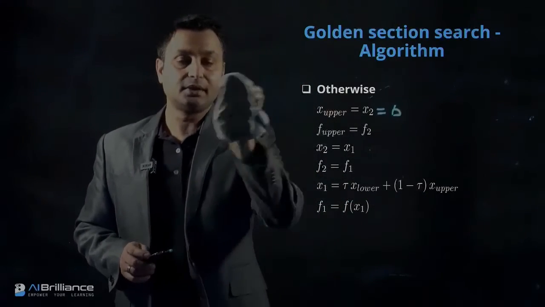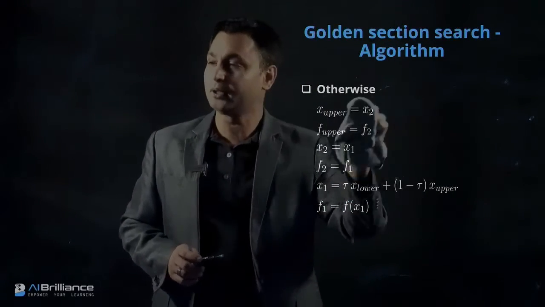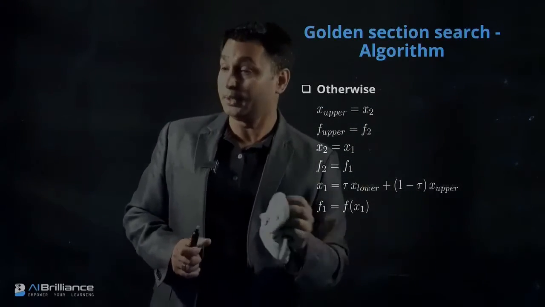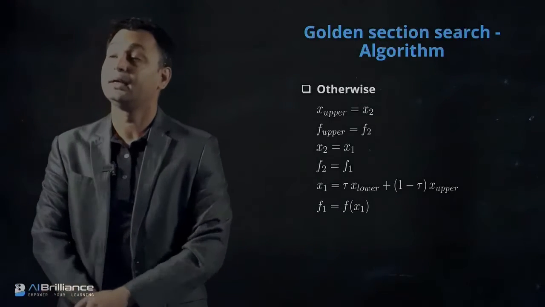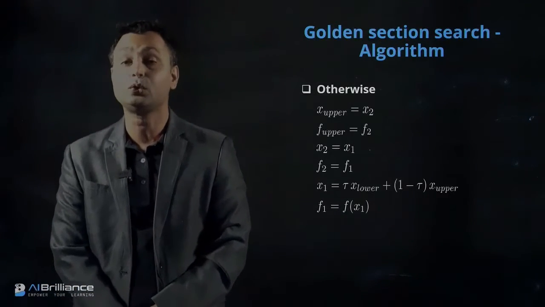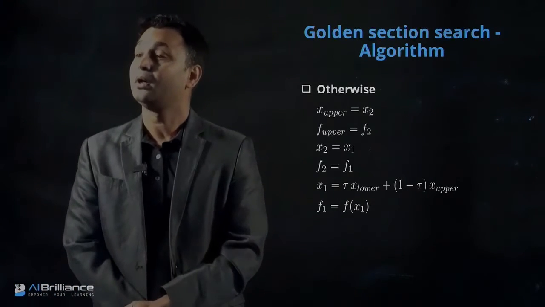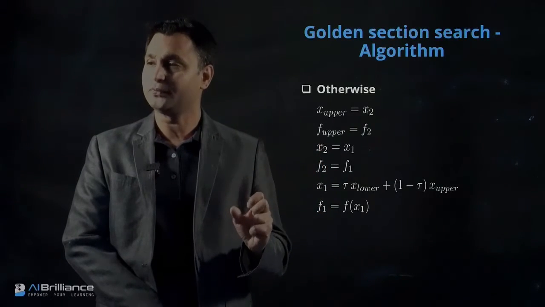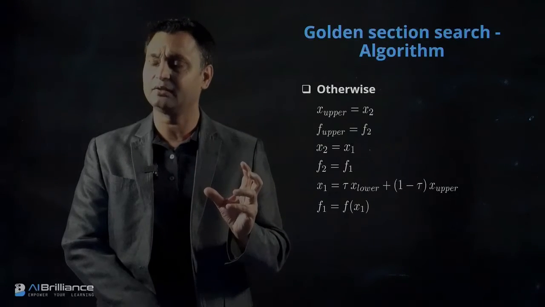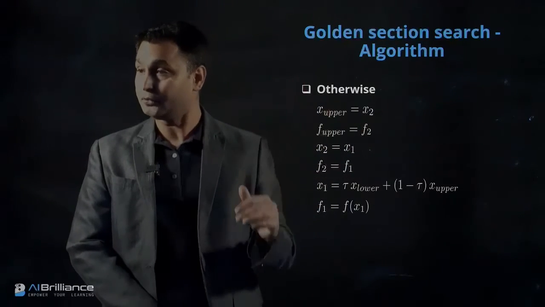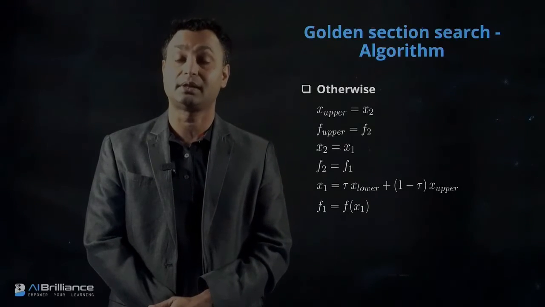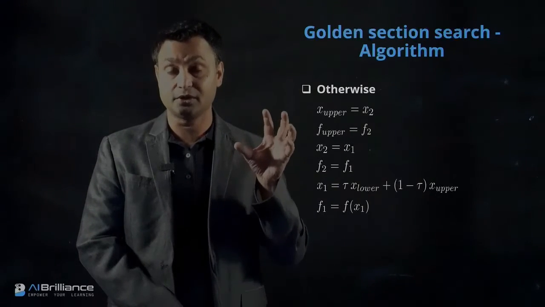Now, as you can see, these equations look a little bit jumbled up, but let's take an example problem and go through each of the steps of this algorithm so that we can understand what is happening. So far we have built some intuitive understanding of what we need to be doing, and we have laid out an algorithm. Let's now concretize all of this understanding in the context of a very specific problem.